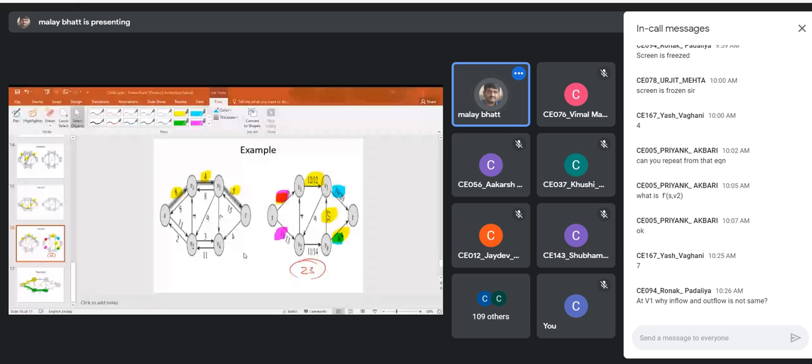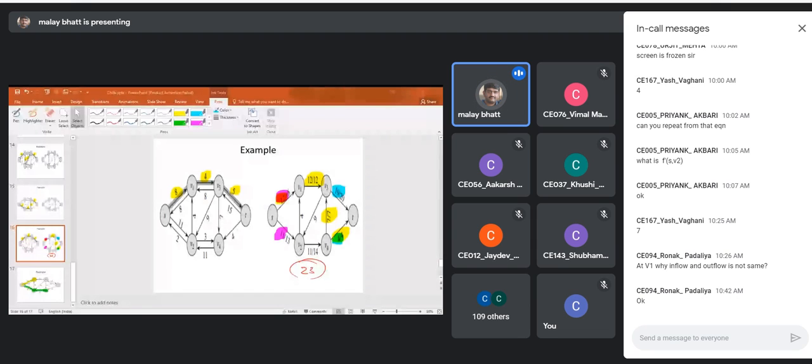You can see inflow is 12 and outflow is also 12. Ronak, is it clear? At every node, you can validate that the inflow value and the outflow value will always be the same. Okay, thank you all.